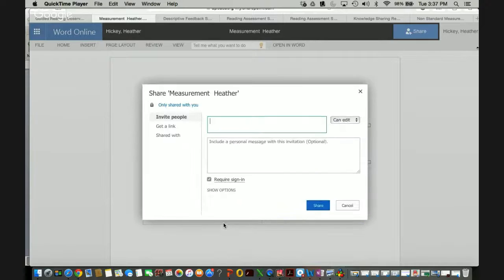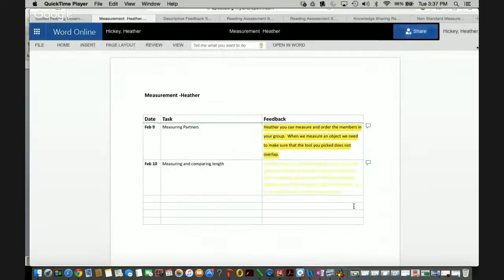And once that generates, what I can do is just type in the name of that student, let's say, and click on their name. I'm going to click edit because I'm actually going to use this and ask the students to give some input in here. So you can choose to have it editable or just view only, and then click share. Once I do that, that's going to be shared into the students' OneDrive, and now they can actually come in